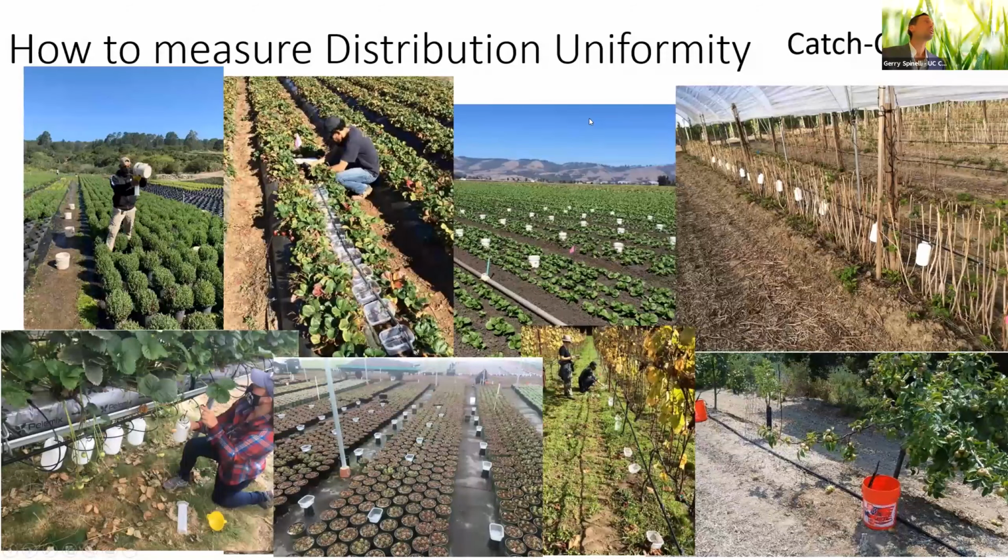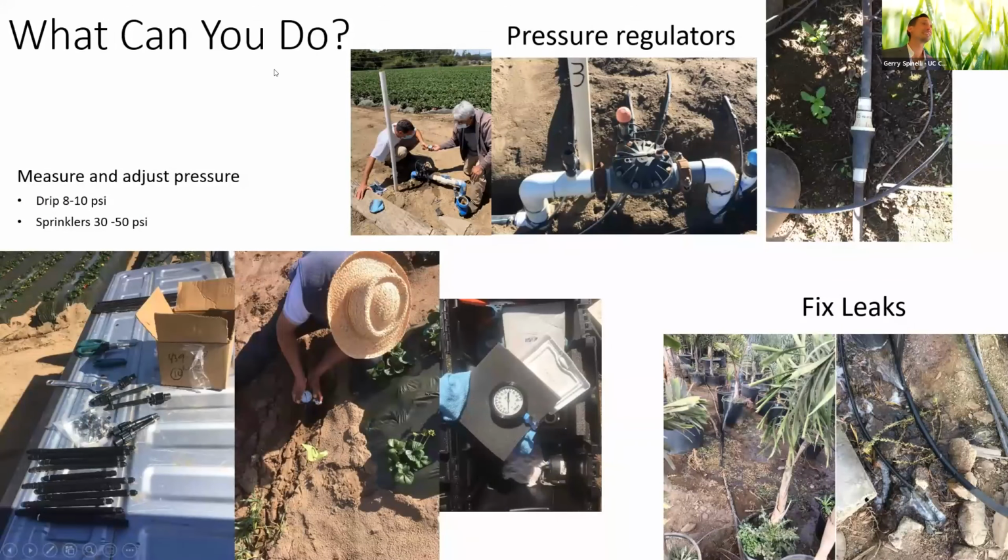You can measure distribution uniformity with a catch can, and you can do something simple with bottles, with buckets, with Tupperware. You can hire a guy like myself that goes there with a clipboard and calculates all the numbers and then runs statistics on it. But I encourage you, if you're a grower, there is a lot that you can learn just by driving to the dollar store, spending $20 in Tupperwares and putting them out there, and just by looking at them, you will learn a lot.